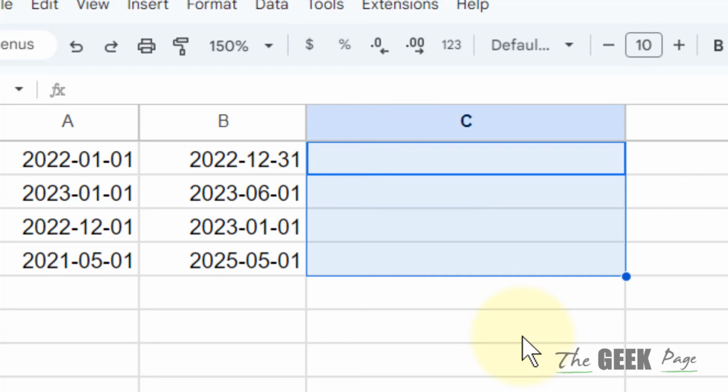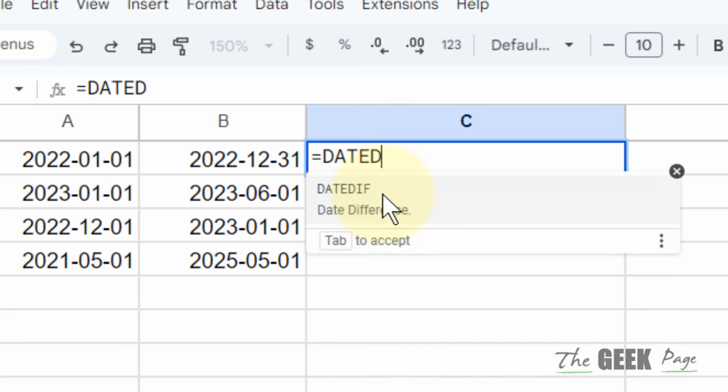Hi guys, let's learn the function DATEDIF in Google Sheets. So what this function does, let's learn by an example. Here there are two columns. Just type DATEDIF